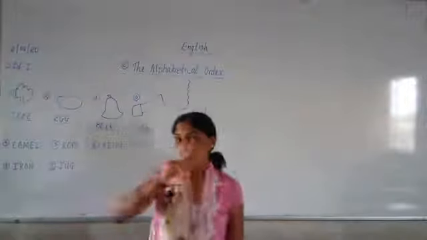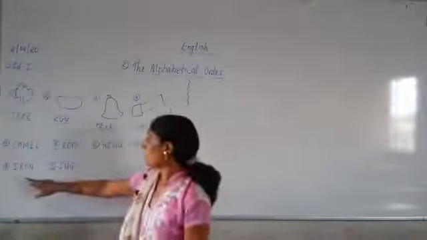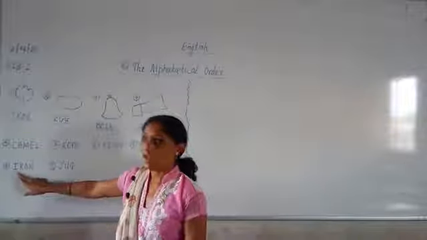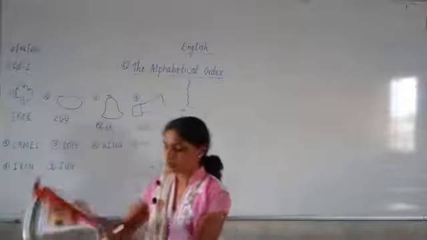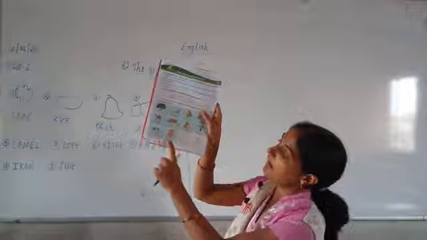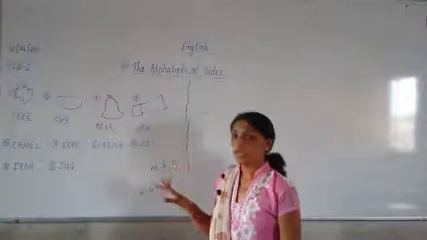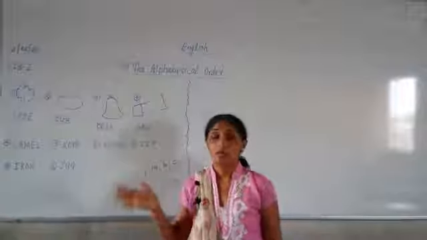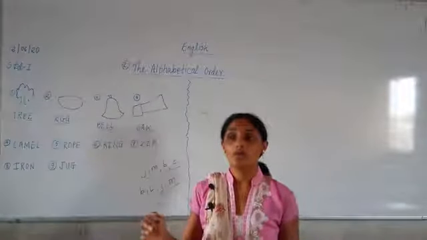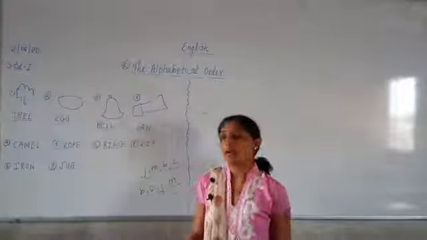And we forgot two words yesterday. We forgot iron, I-R-O-N, iron. These two pictures are here at the bottom. Iron, and one more is given, that is jug. So in total how many words are there? 9 words are there. Now these 9 words we are going to arrange in alphabetical order.